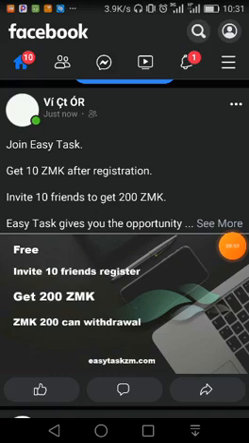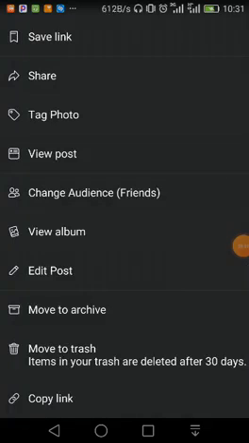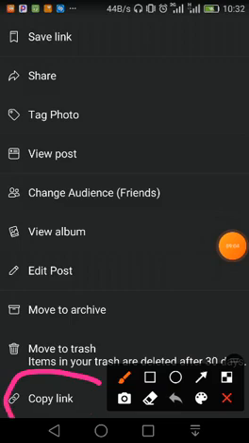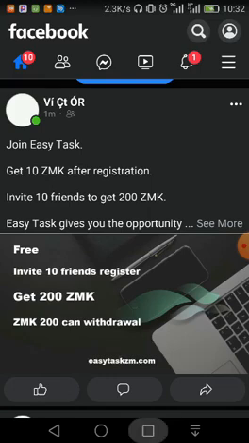I'm sure you're all using Facebook, right? You click here up. After you click here, you copy the link of the post you posted. You copy link. Link to post copied to clipboard.